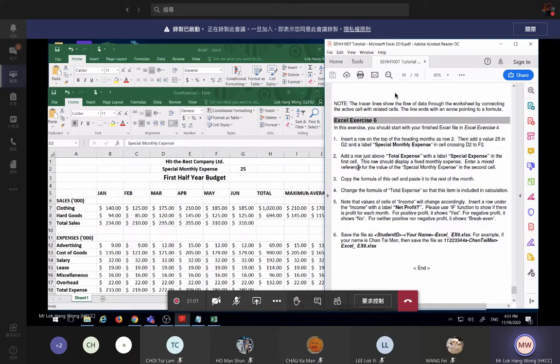Okay, and then this one is step 1, and then we want to type step 2. We should add a row just above total expense with a label special expense in the first cell. This one is the first part of the second row, okay, of the second step. 跟住我哋做嘅係喺嗰個叫做 total expense 上面嗰度加多一個新嘅 row 叫做 special expense 嘅。好，咁我點做嘅咧？